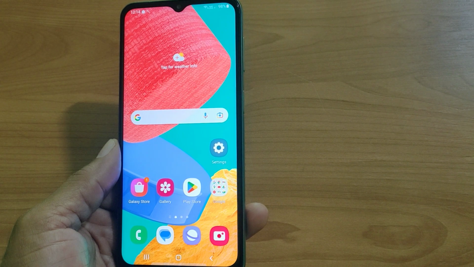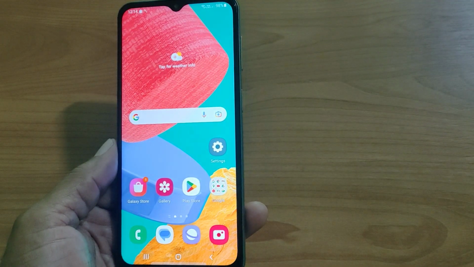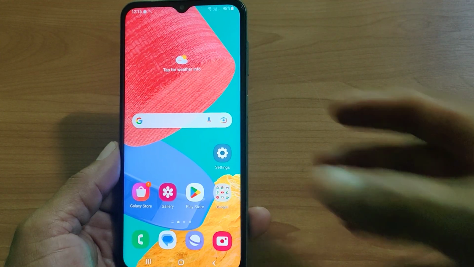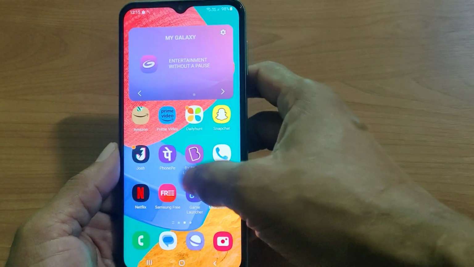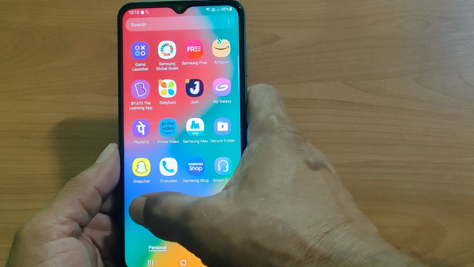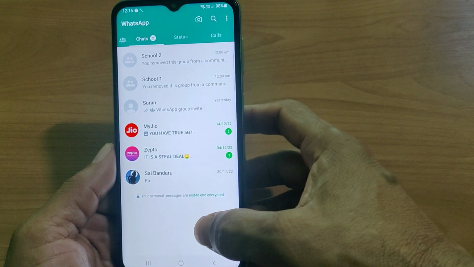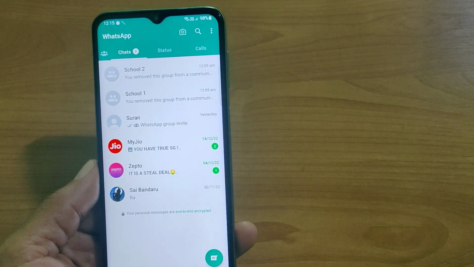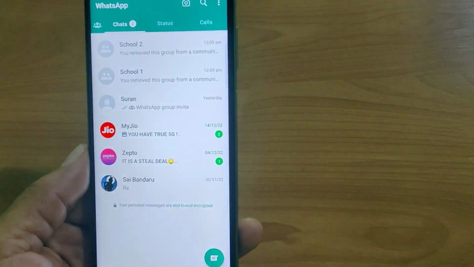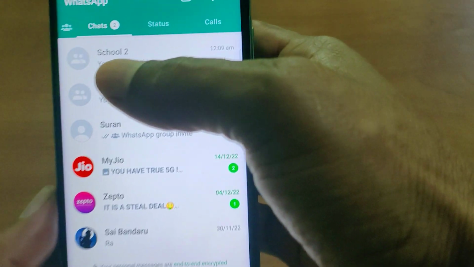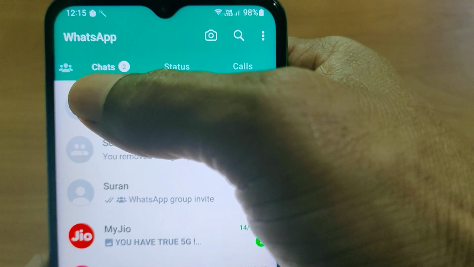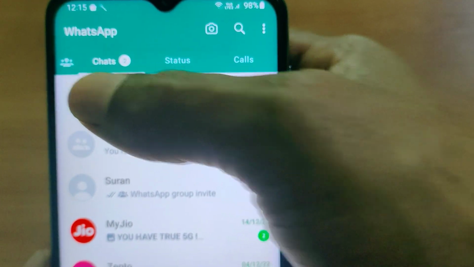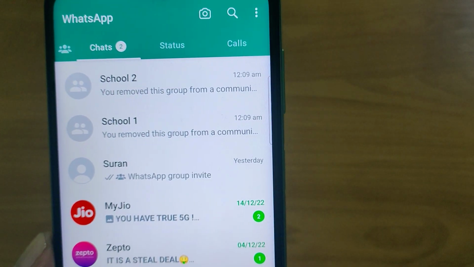Now we will learn how to create a community. Now please go to WhatsApp, tap on it. Now check whether the community icon is appearing on the left corner of the screen. Now you can see there is a community icon. If it is not appearing, please